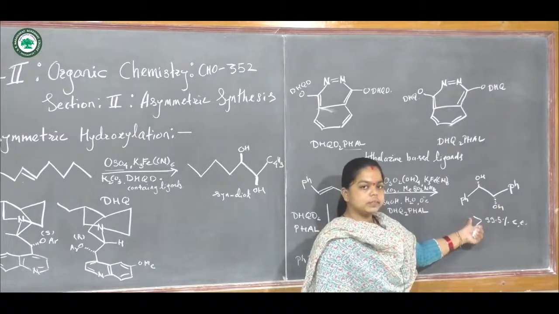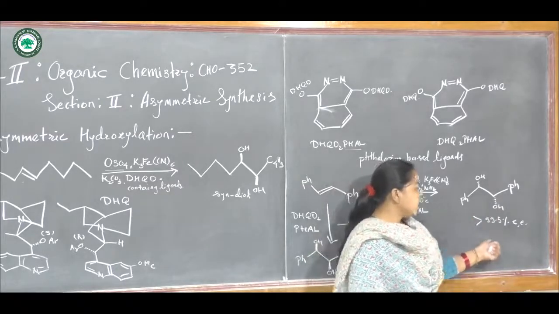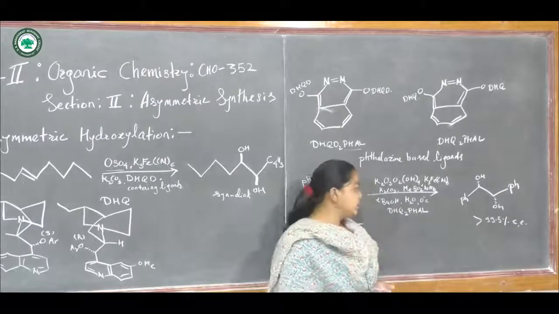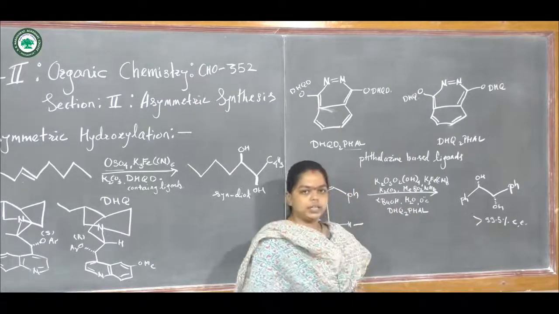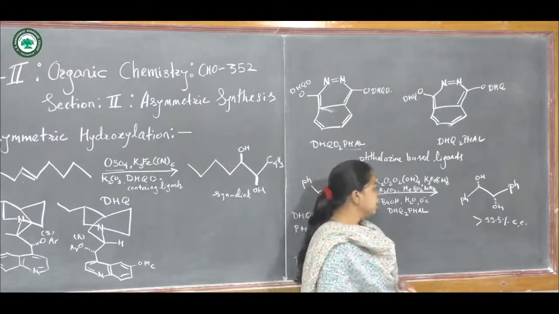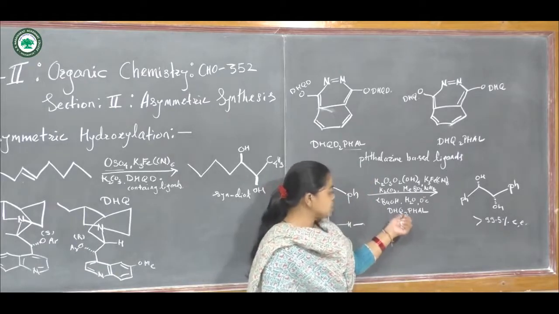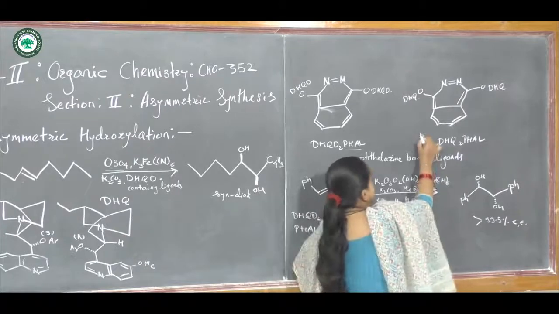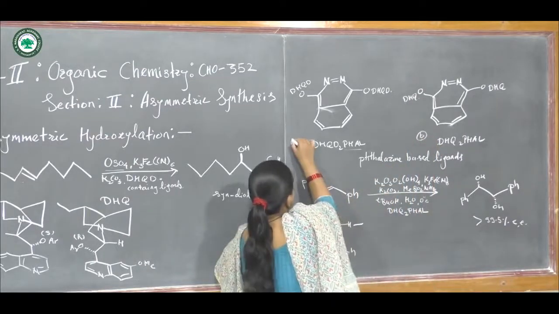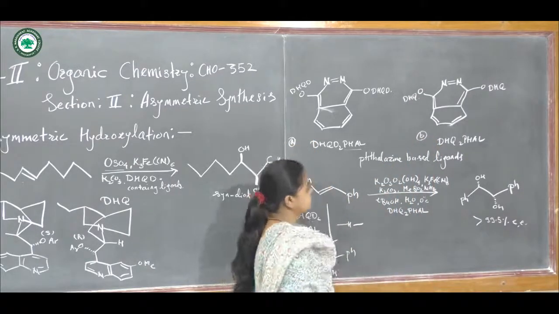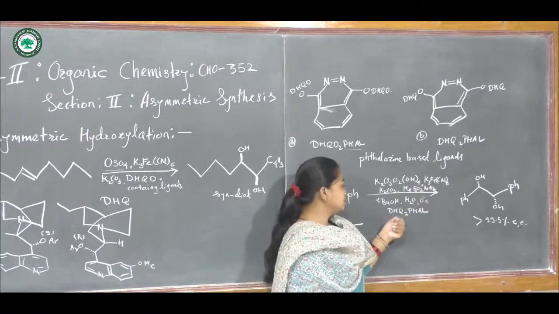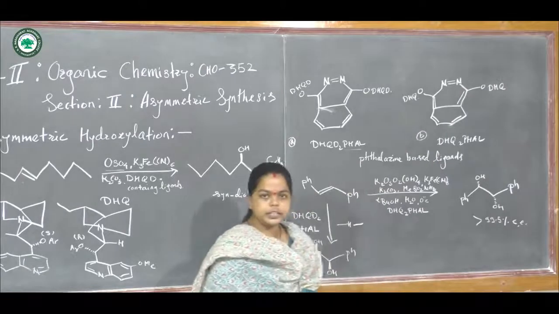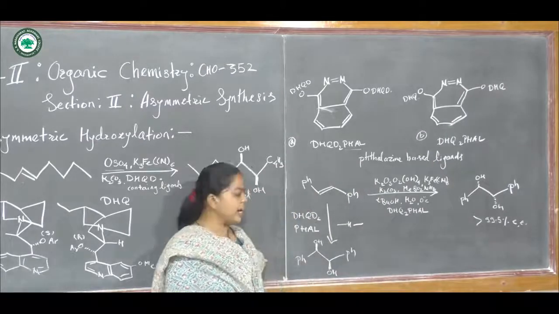We are not getting the beta, we are getting the alpha oriented diol, and high enantiomeric excess is obtained. So more than 99.5% enantiomeric excess is obtained. Now here we have used the dihydroquinine molecule, that is this compound B, this is compound A. We have used this B compound, that is (DHQ)2PHAL. We are getting the alpha oriented hydroxylation or diol system.